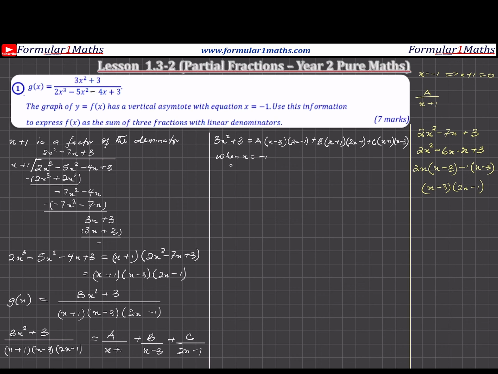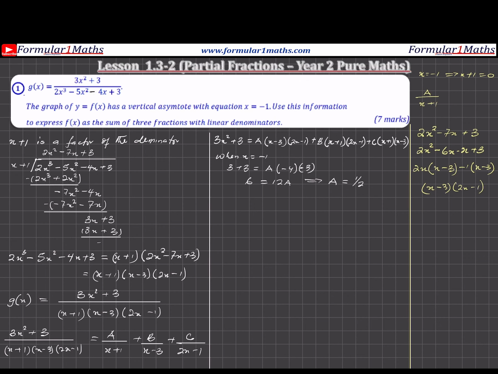I'll have 3 plus 3 is equal to a times minus 4 times minus 3. Because when x is equal to minus 1, all that will become 0, because minus 1 plus 1 is 0, and that makes the whole term 0. And similarly, the whole of this term will be 0, so I'll be left with it. If I evaluate that, I'm going to get 6 is equal to 12a, which implies that a is equal to